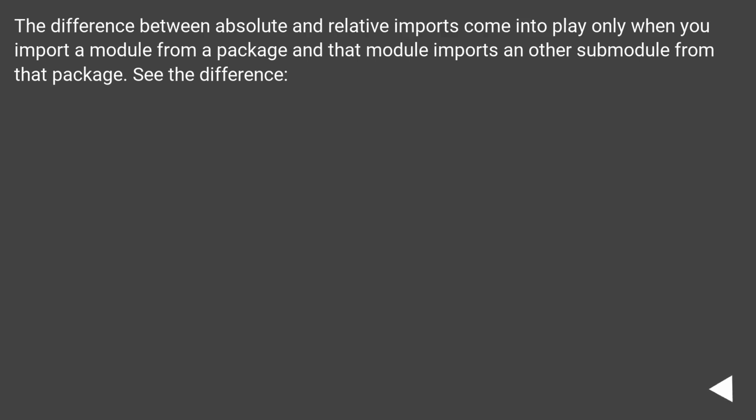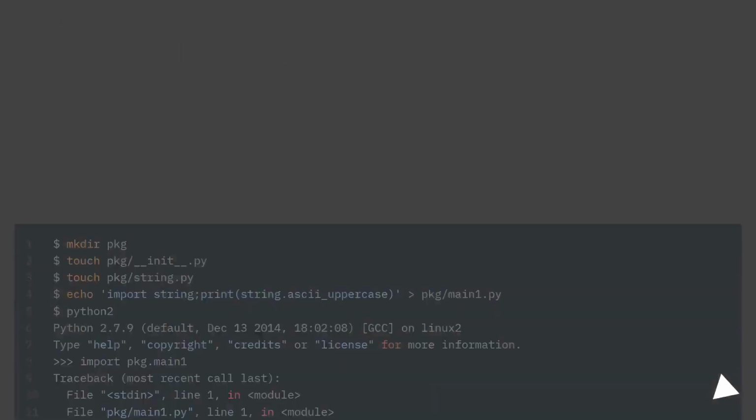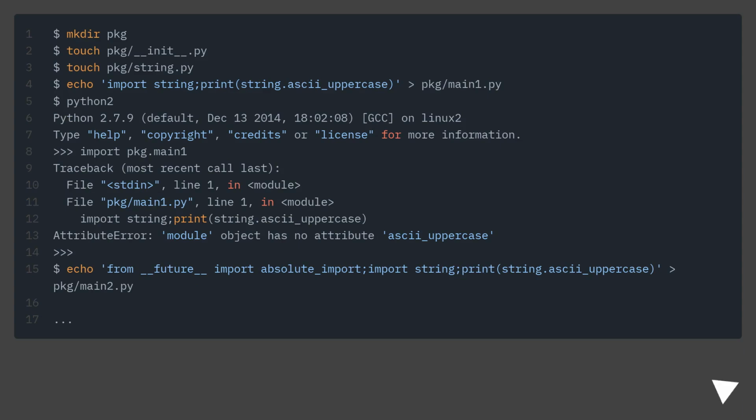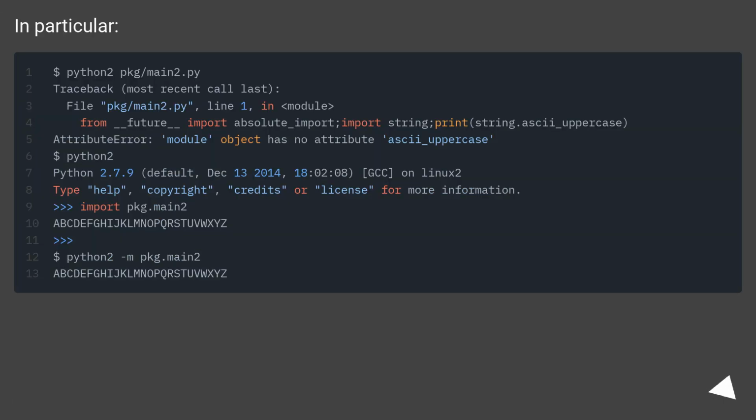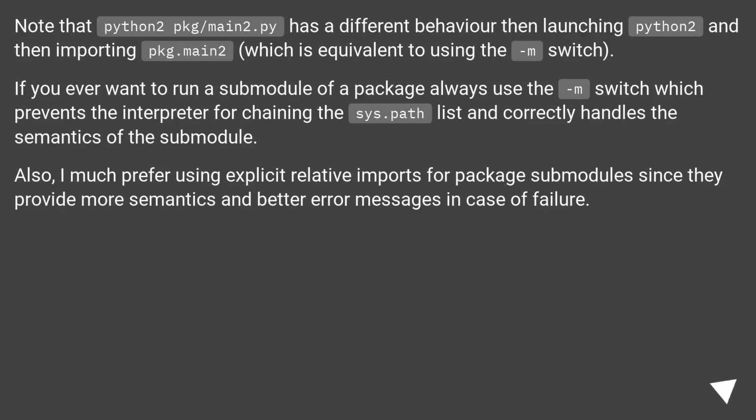See the difference. In particular, note that Python 2